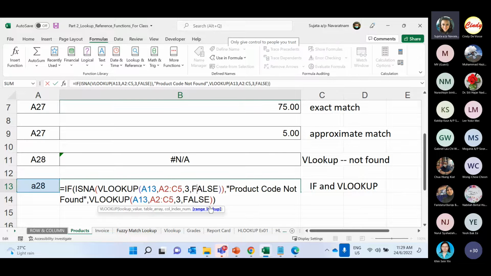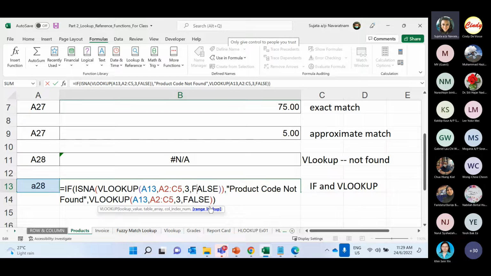So this is how the nesting works, where you can have functions within functions to make your sheet more user friendly, so more people can use it without getting errors that people don't understand. This is one way of applying the ISNA as well as the VLOOKUP together with the IF